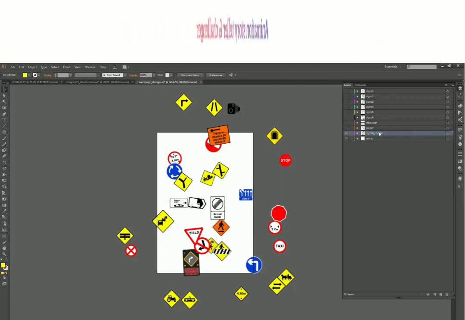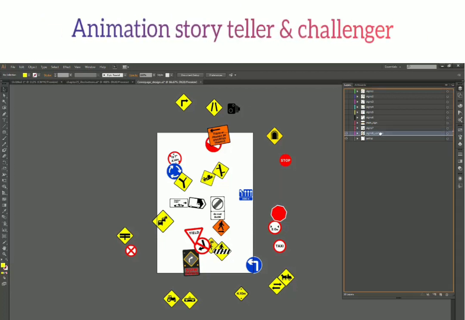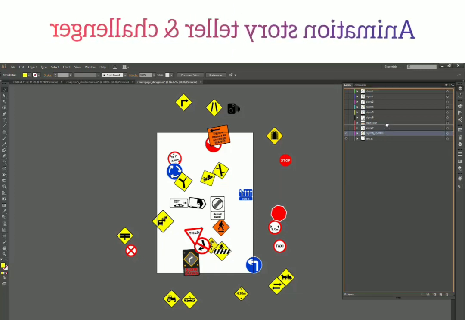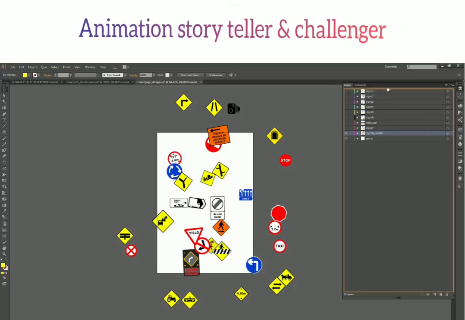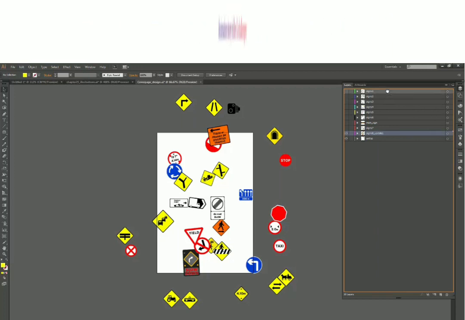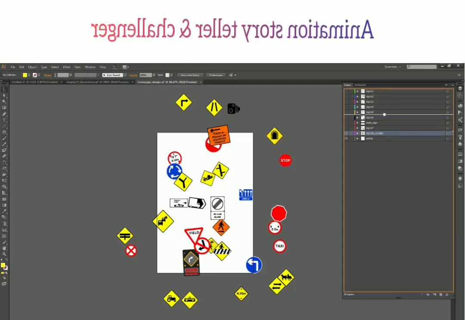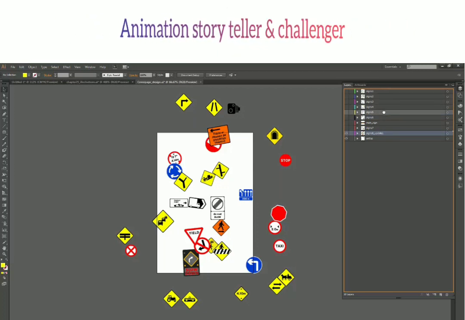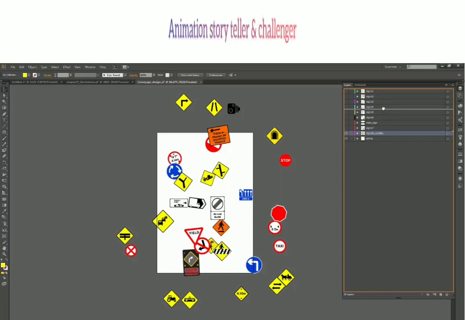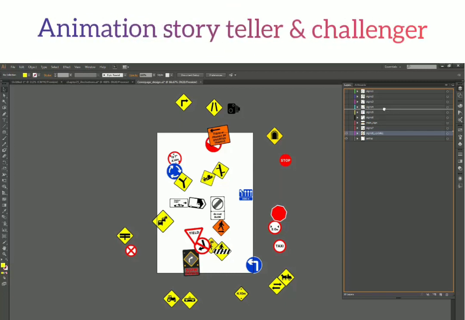Now let's see if I want to rearrange the layer. Let's say I want to move this layer on the top. To do that, you can just click on the layer and drag, and you can release this layer anywhere. When I'm dragging around, you can see one time it is highlighting a layer, and another time it is just creating a line in between the layers. That means I'm dropping this layer in between these two layers.